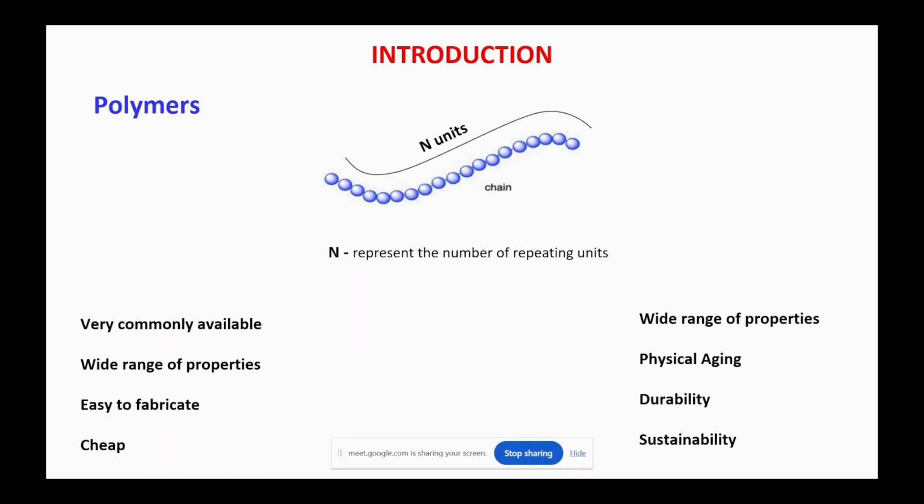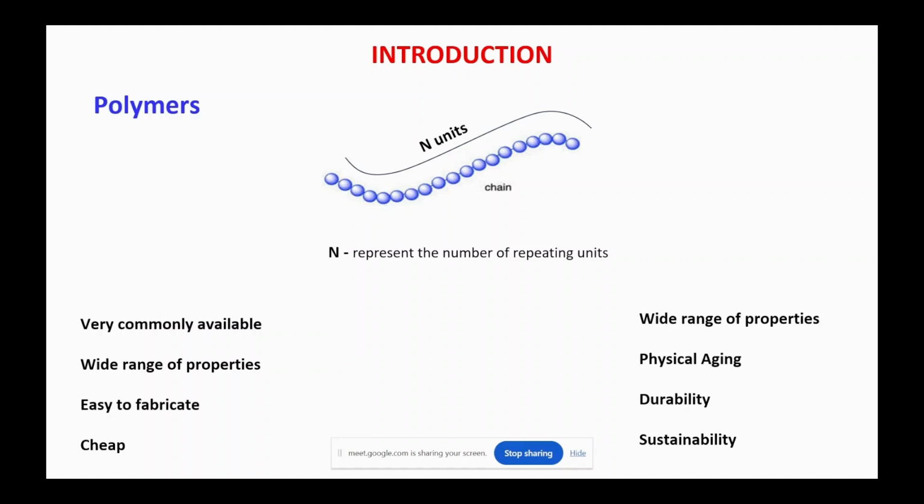So mer means unit, and mono is single. If two monomers combine, they form a dimer. A dimer and a monomer, if they combine, form a trimer, and likewise tetramer, pentamer, hexamer. And if it keeps on going, after a particular shorter amount of chain, the structure that we get we call oligomers. Beyond that, if these oligomers keep on connecting with each other, what we form is a polymer.